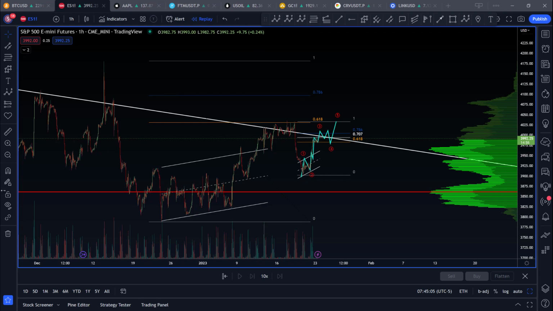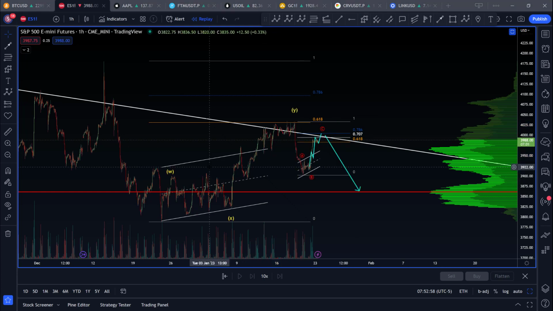The first scenario is that due to the bullish nature of this extended wave, we would expect that we are in the process of completing an impulse to the upside. Now, of course, if that were to happen, that would mean that the price action that preceded this would have to be a flat, and this impulsive move to the downside was a C wave.